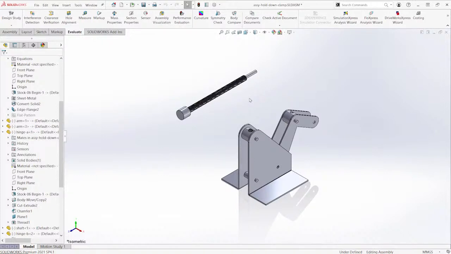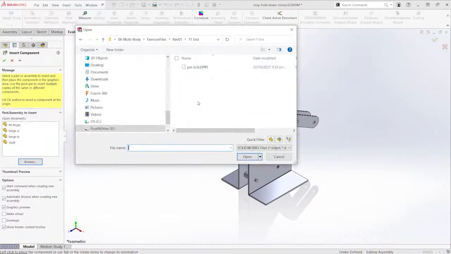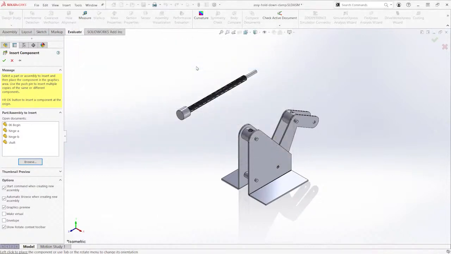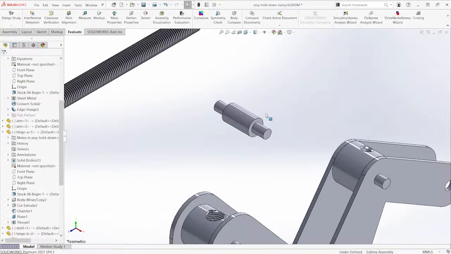Let's wrap things up and bring in the missing pieces. I'm going to hit S and let's insert components. Let me browse through that missing part, selecting pin B, placing this one here, and hit S once more, selecting mate,